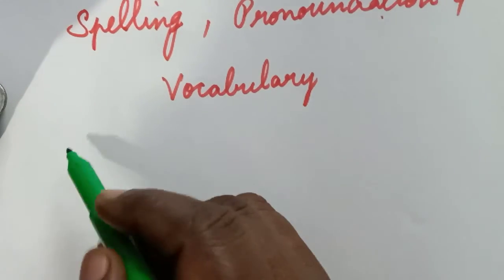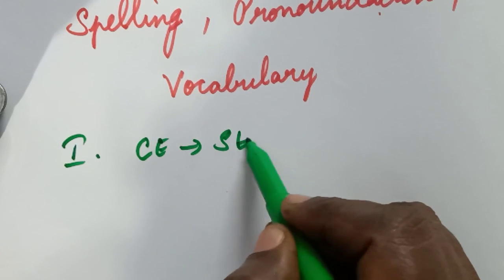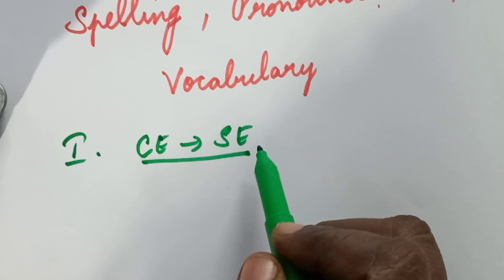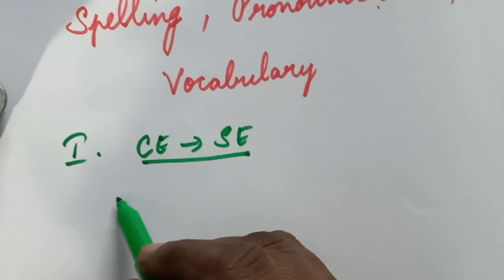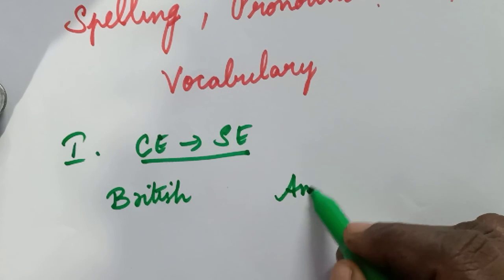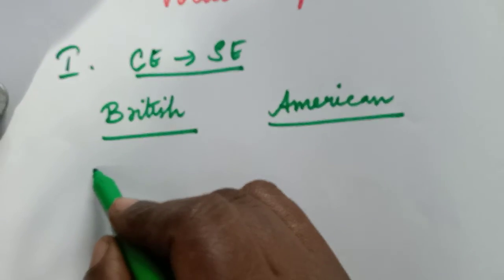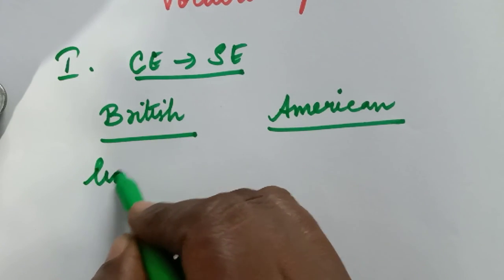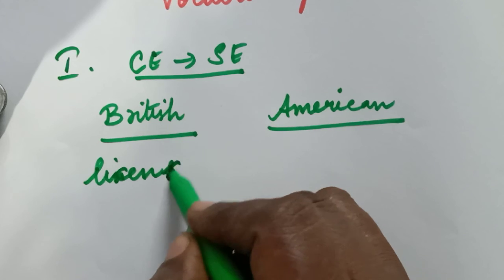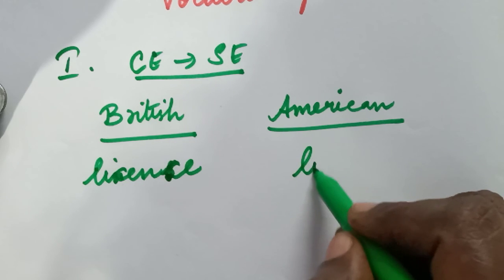The first one is the CE to SE type. The spellings which end with CE are converted to SE in American English. On this side we are going to see British and on this side American. For example, license. What is the spelling of license? L-I-C-E-N, SE or CE? CE. CE in British. In American, the same can be written as